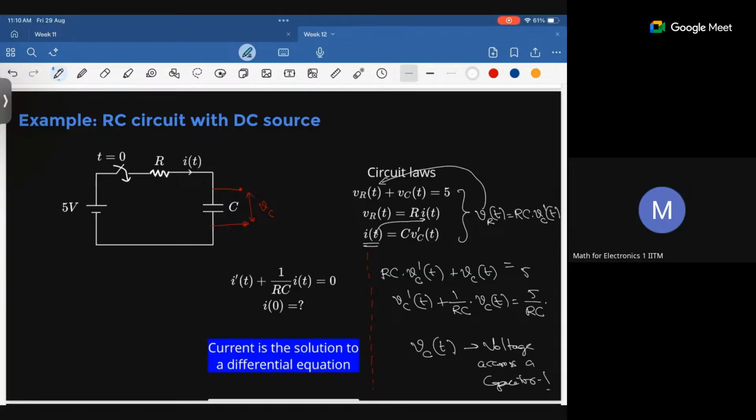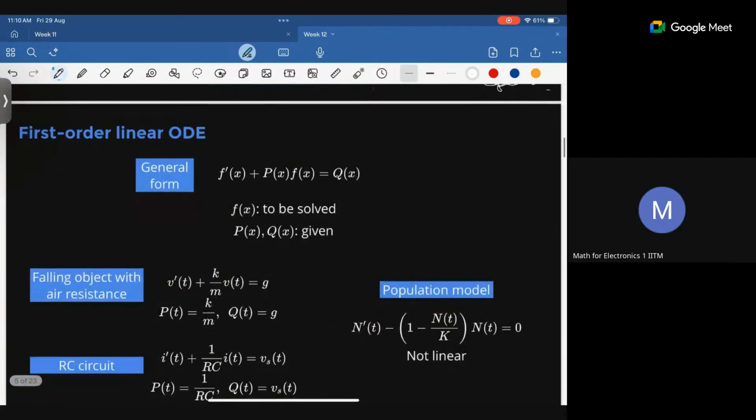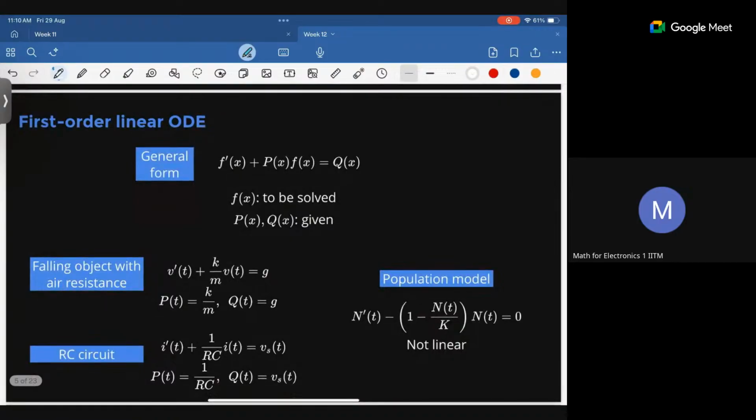whatever we want. Okay, and all these first order linear ODEs have this general form, which is f prime of x plus some function p of x into f of x is equal to some q of x, and p of x and q of x will be given to us, and f of x is to be solved. Okay, so in the falling object case, we have seen, in the RC circuit also we have seen, you can map them, compare them, and you can get this p of x and q of x,